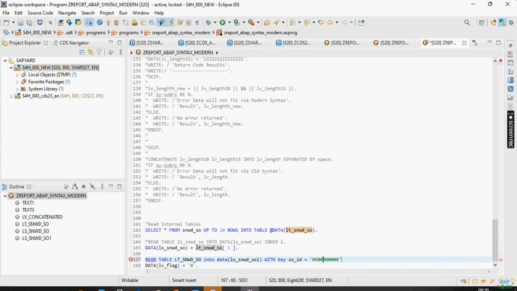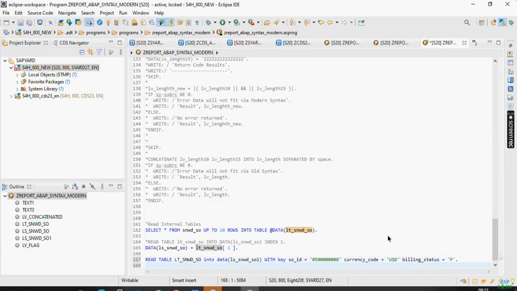With key as this, currency_code equals, I'll put USD, and billing_status equals